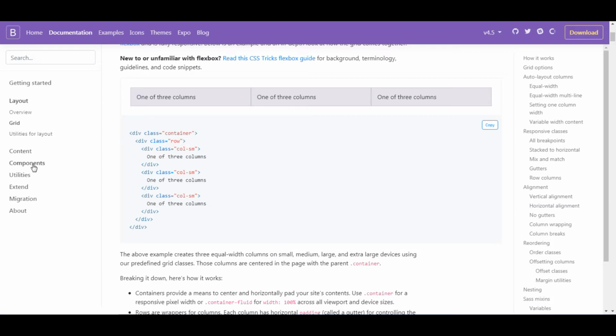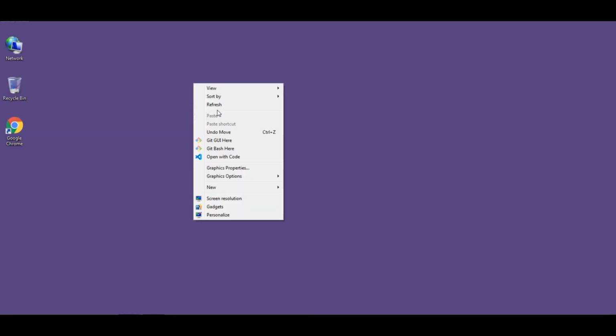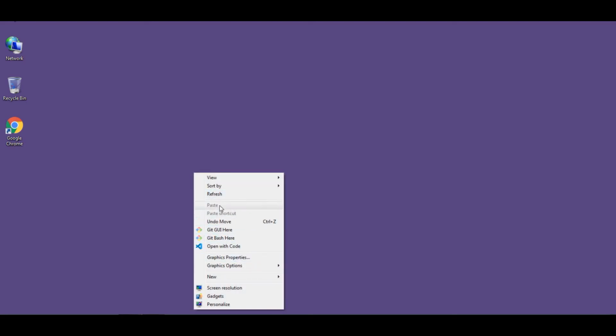You can see more and more documentation here. While we are working on the modules, we will see how to use the framework, how to copy the data from Bootstrap, and how to create it on our website. So let's start the work and create the first thing. Coming to the desktop, I am creating my project on the desktop. I am going to create a folder first.